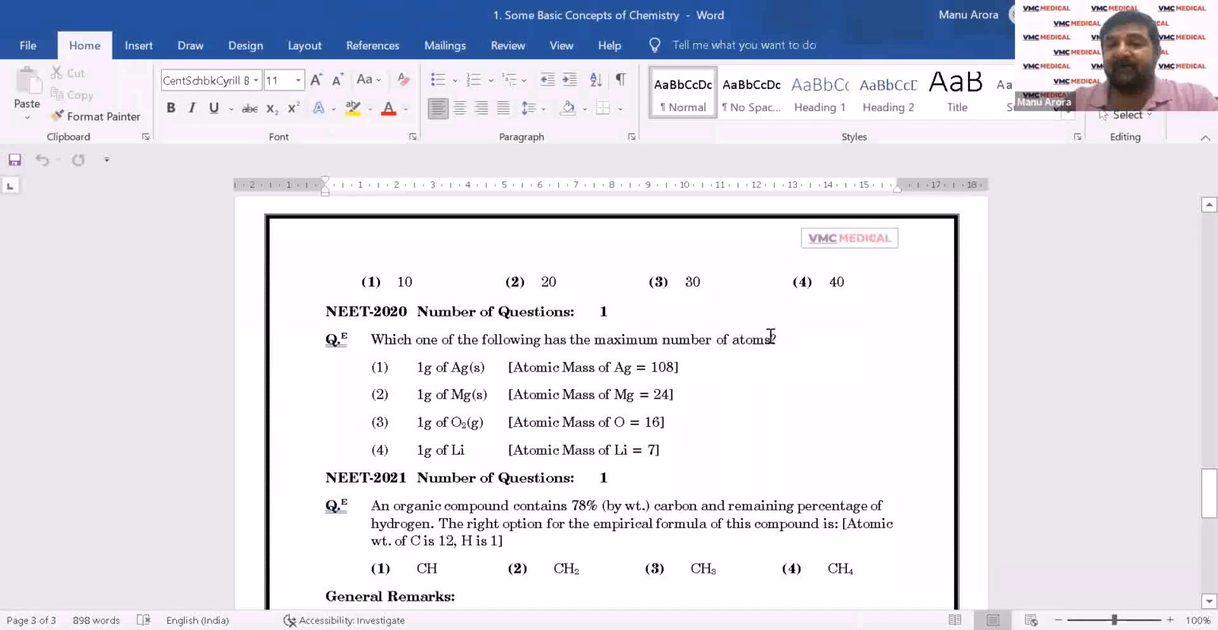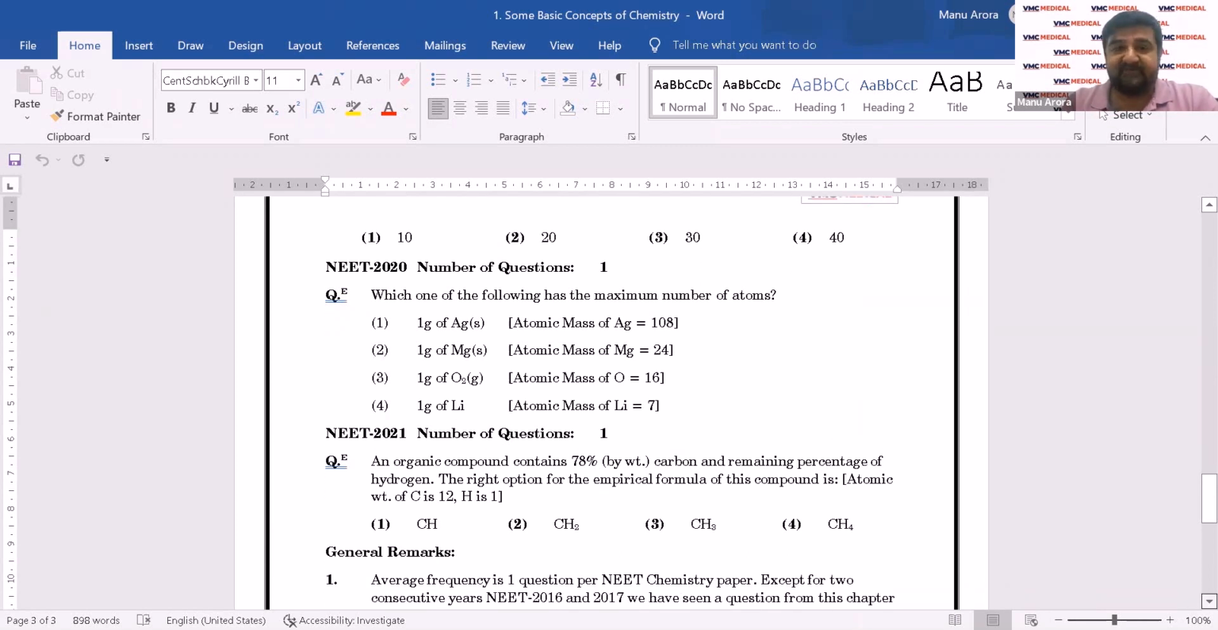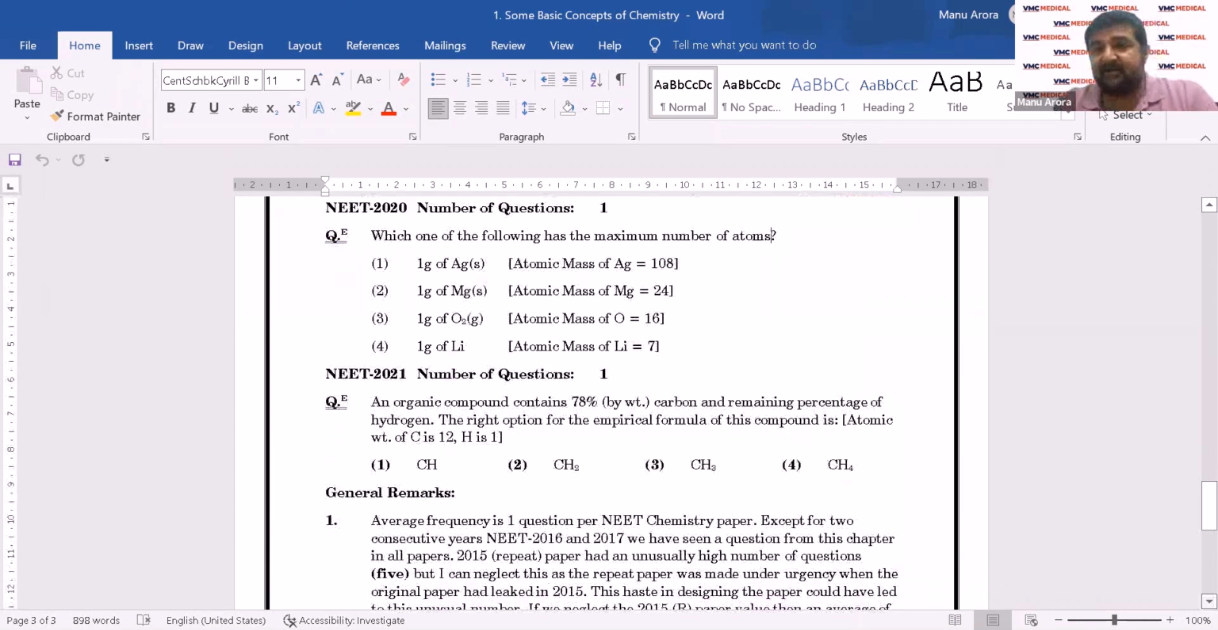which has maximum number of atoms. I think this is perhaps one of the easiest portions of mole concept, and one of the most achievable as well. I don't think there is any reason to fear this chapter, right? If you look at this analysis on the whole, I don't think there is anything where you think that the chapter is not achievable. And last but not the least, we've got one question in 2021 from empirical formula, which